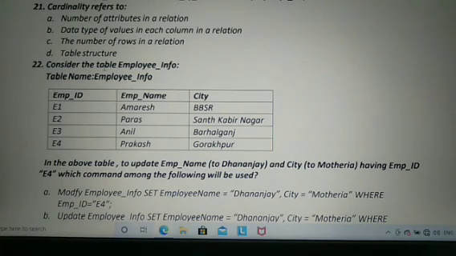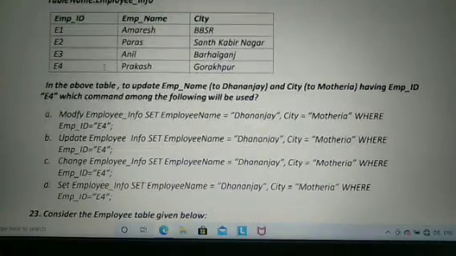Consider the table employee info. You have employee ID, employee name and city as your attributes. In the above table, to update employee name to Dhananjay and city to Madhurya, having employee ID E4, which command among the following will be used?